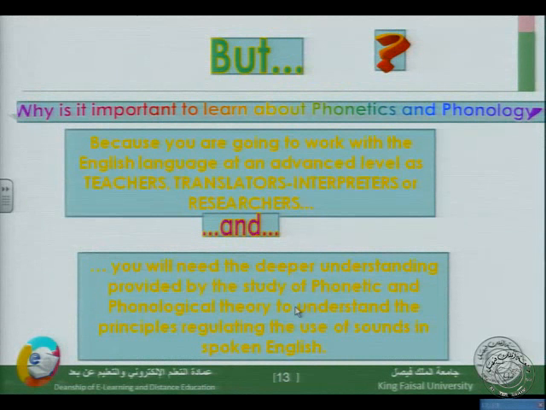But why is it important to learn about phonetics and phonology? First of all, because